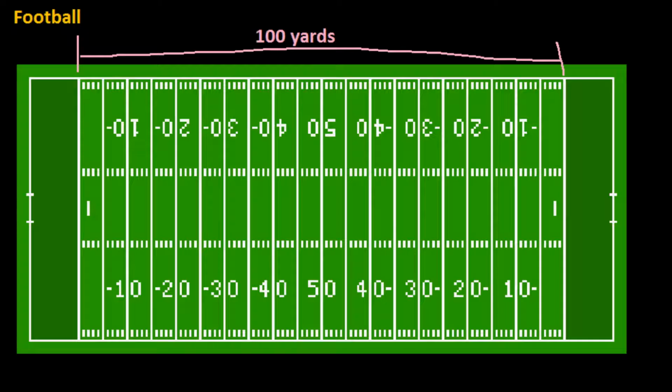You can kind of see in the middle here that it is divided in half by the 50-yard line, and so each of these numbers on the field represents the number of yards, and so it kind of is counting down. It starts in the middle with the 50, and then 40, 30, 20, 10, and then obviously the same thing on both sides. You can probably tell by now that each side of the field is identical. So we start in the middle with the 50, and then the 40-yard line, the 30-yard line, 20-yard line, the 10-yard line, and what all this is counting down to is the 2 lines on